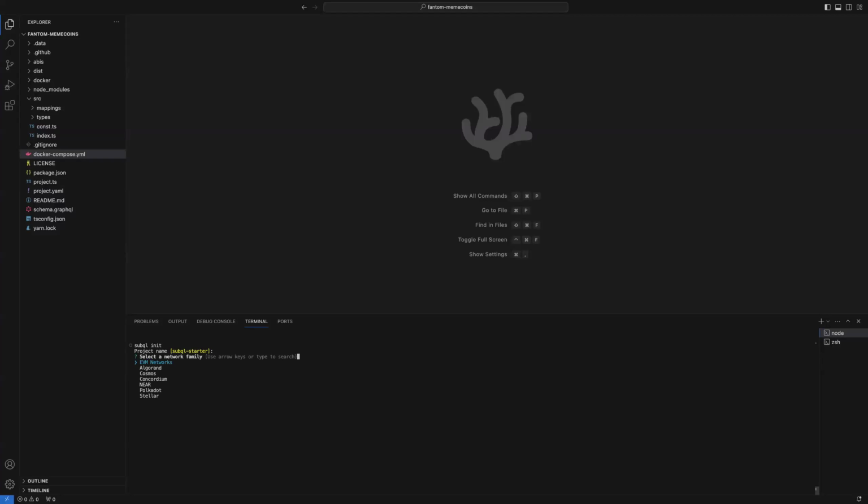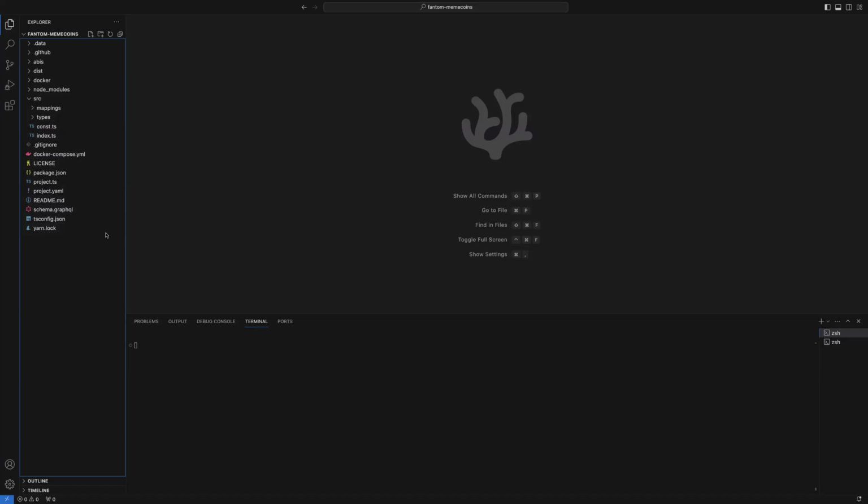If I find Fantom here, I can see that here's a project, and if I had pressed enter now, I would end up having a project similar to what I'm having here on the left-hand side. I've pre-downloaded it, so I don't have to fetch it now.